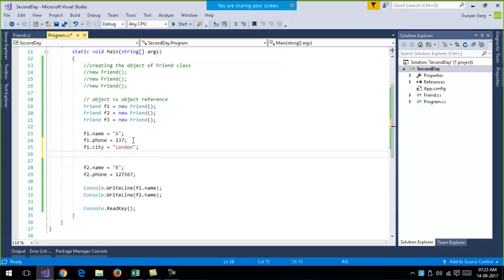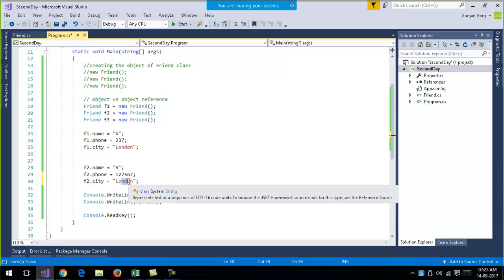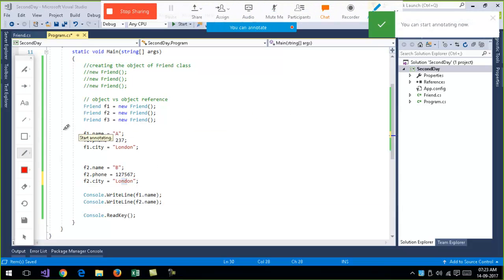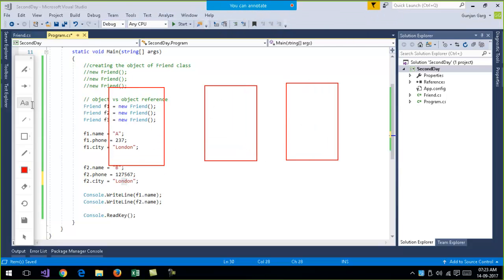My first friend lives in the city London, and second friend also lives in the same city. Say f2.city is equal to London. Rather, all my friends are from the same city, London only, right? So then what will happen inside the memory is, right now we have three objects,